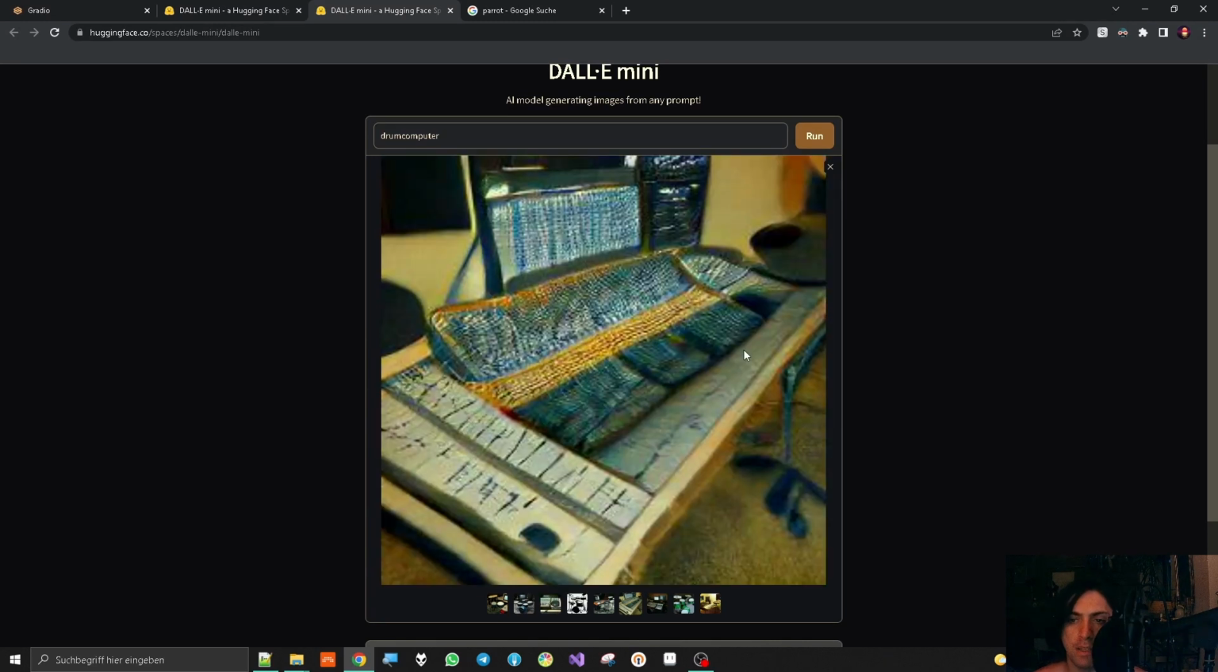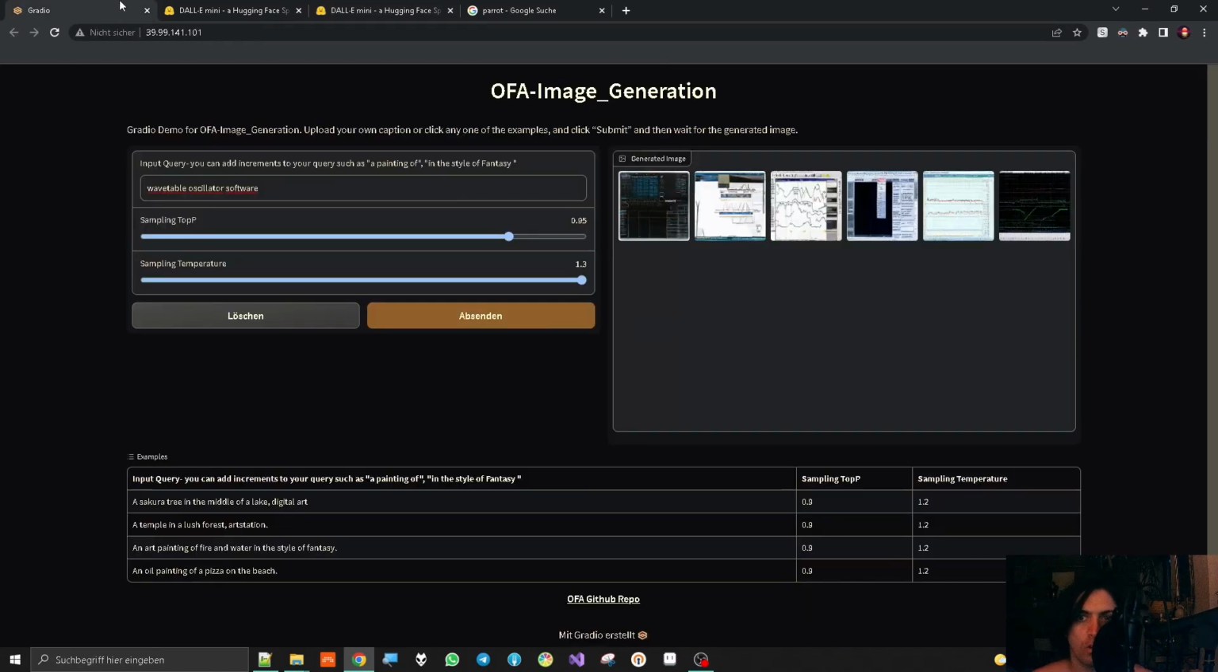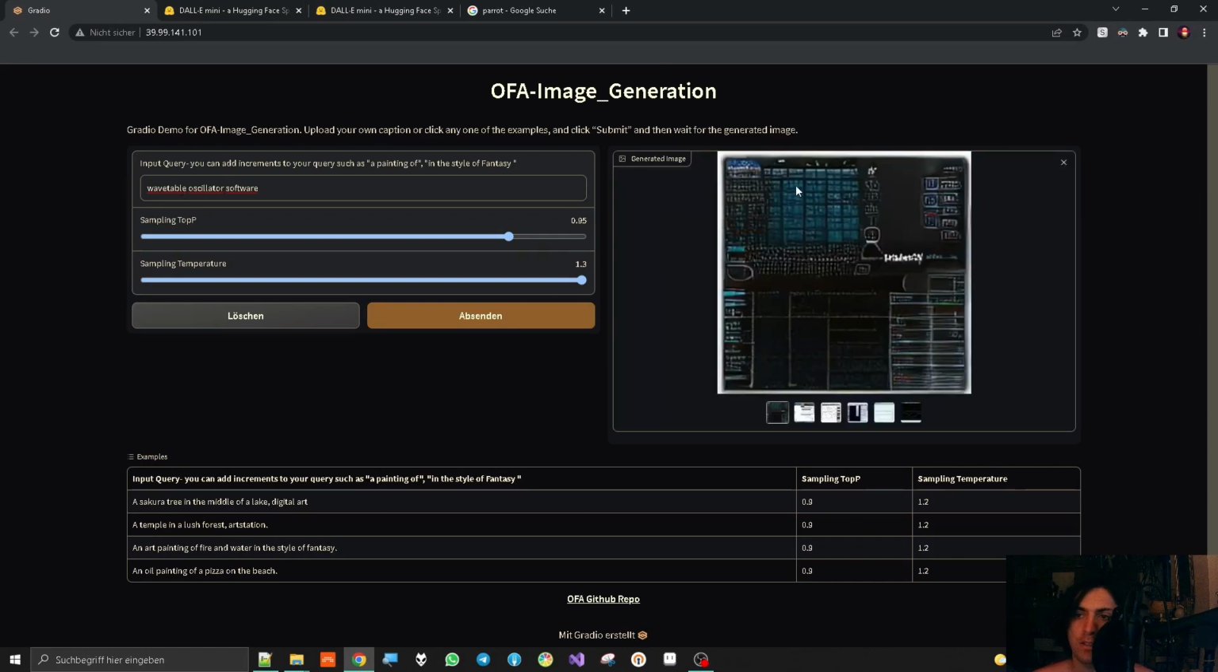This looks more like a mixing desk, so apparently this AI thought to itself, like, when you want to record drums you have to go into a studio or into a smaller studio. Now we're back at the OFA image generation with Wavetable Oscillator software, and we can see a huge blue component